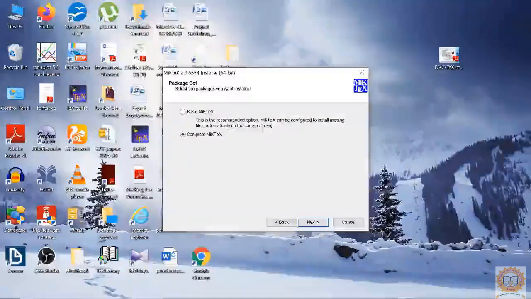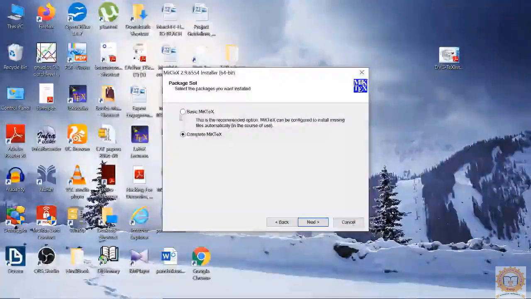It will ask whether you need a basic MiKTeX system or a complete MiKTeX system. Basic MiKTeX system will take only 15 minutes to install. Complete MiKTeX system will take at least 40 to 50 minutes to install on your system.